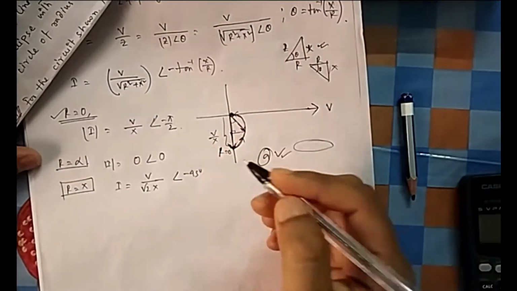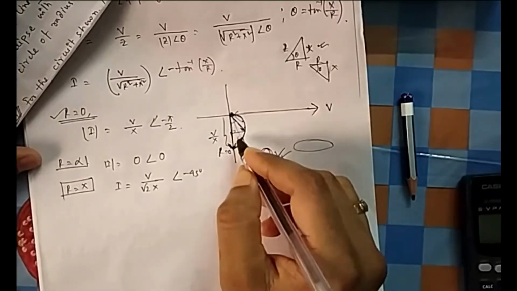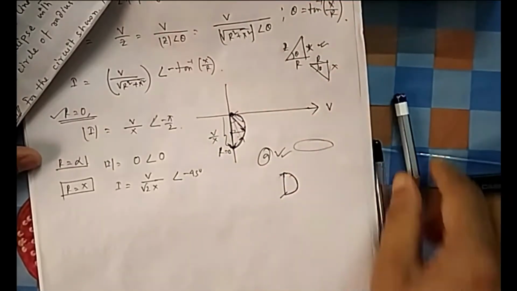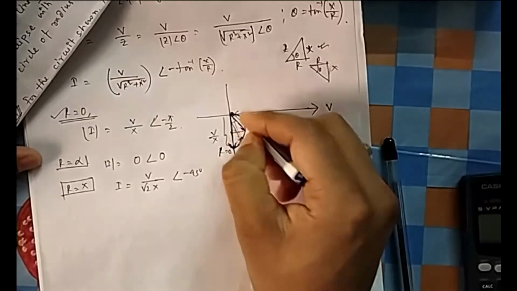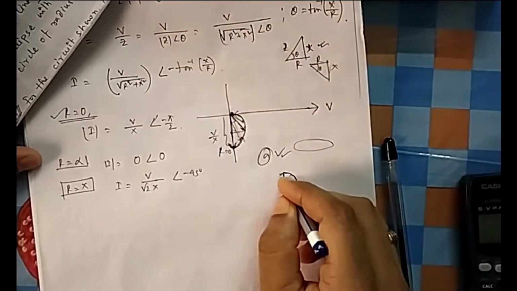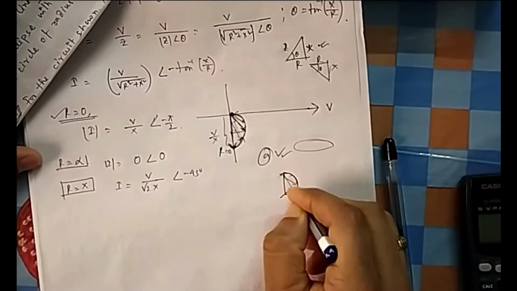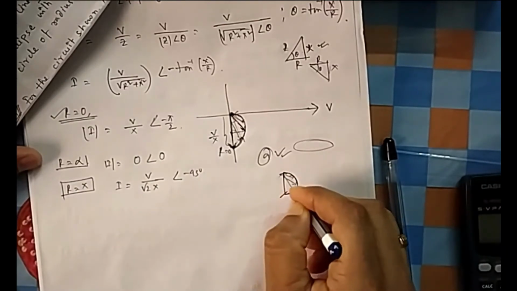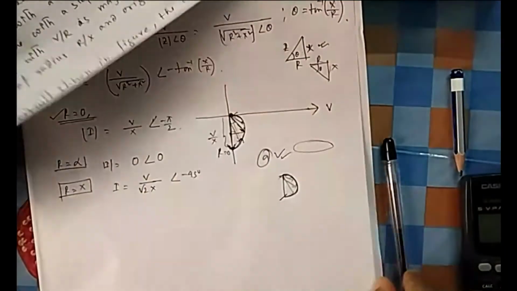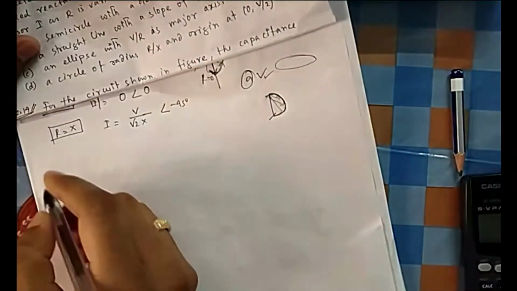You can draw 2-3 more phasors also. Then you will see that it is moving clearly like this. If you draw more phasors, the 60 degree phasor will be this. So you will get more phasors. This was for 45, this is for 60, this is for 30. So you can feel it is moving in this way. No need for more, 2-3 is okay. Then you check with the options which one is satisfying.